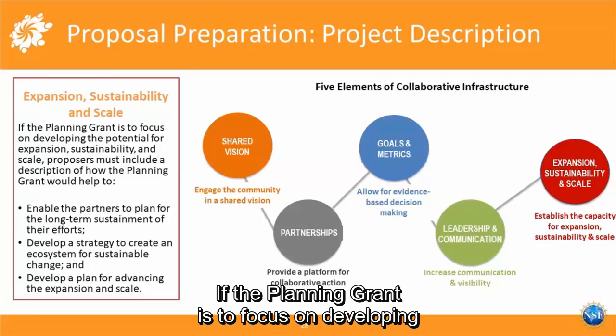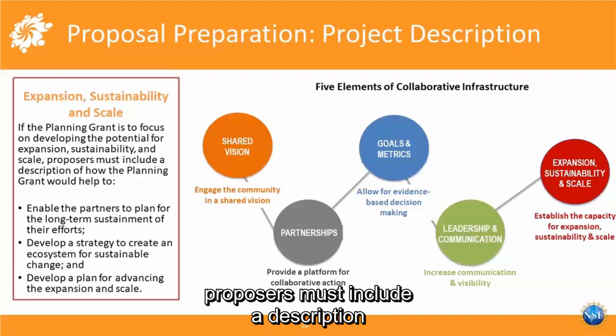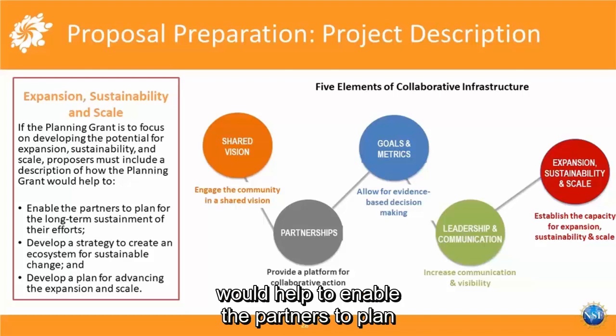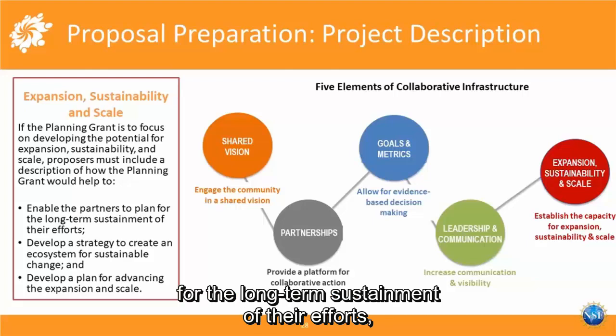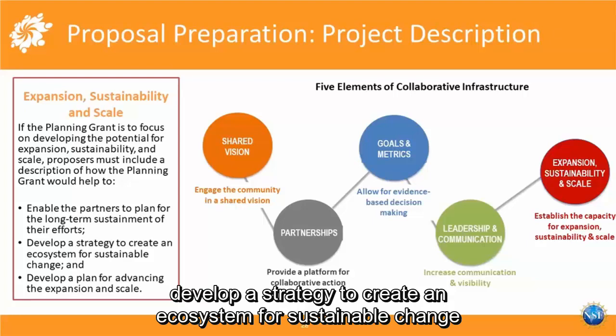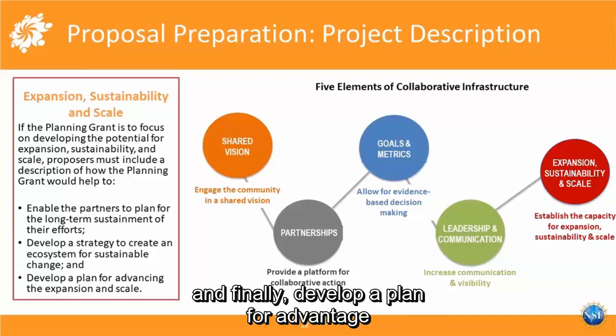If the planning grant is to focus on developing the potential for expansion, sustainability, and scale, proposers must include a description of how the planning grant would help to enable the partners to plan for the long-term sustainment of their efforts, develop a strategy to create an ecosystem for sustainable change, and finally, develop a plan for advancing